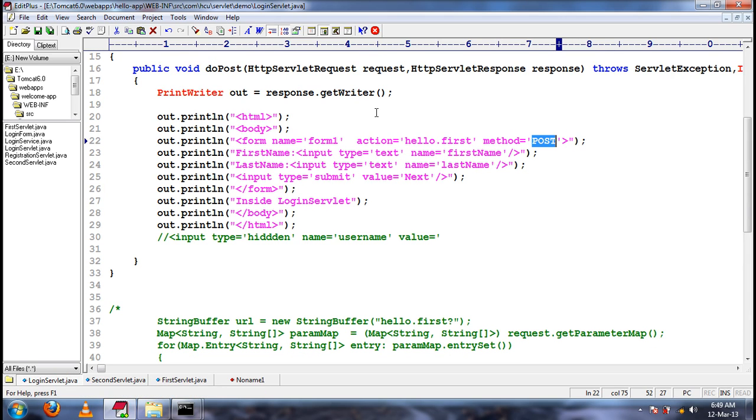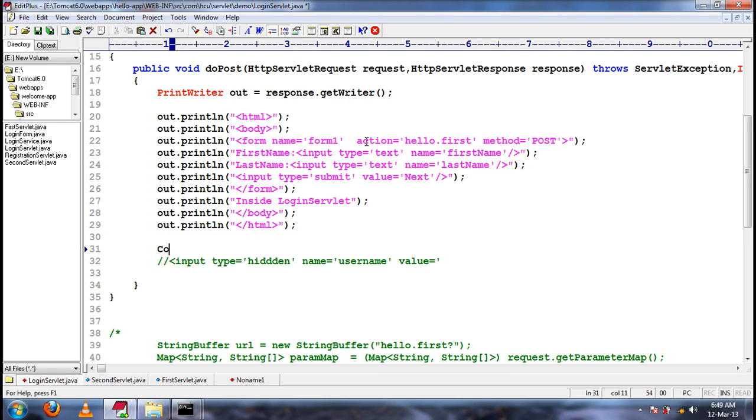From login.html to login servlet, we get a username and password. We are trying to make that username and password available for all the requests. So what we will do is create a cookie.